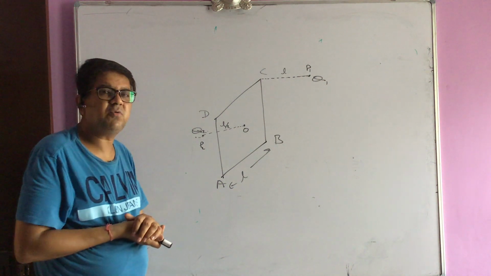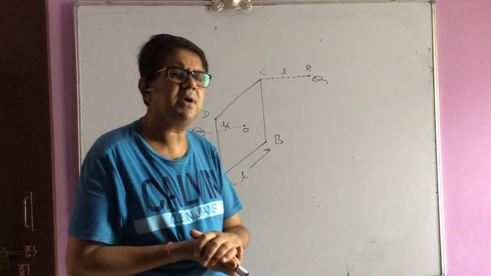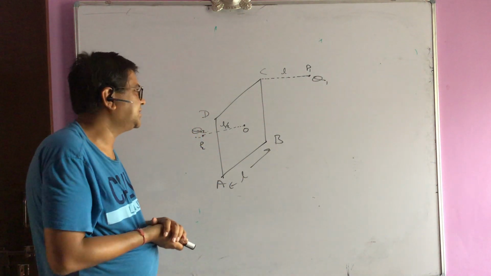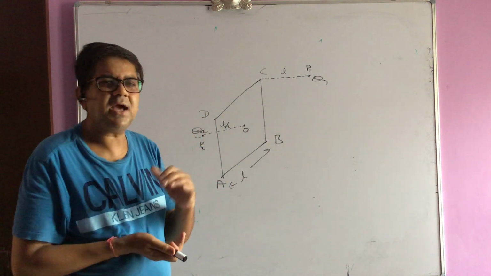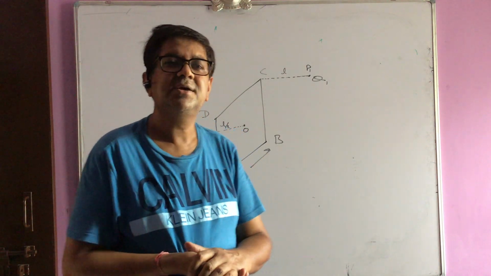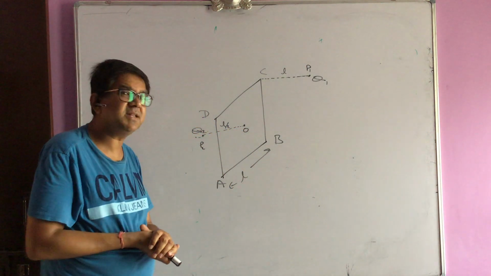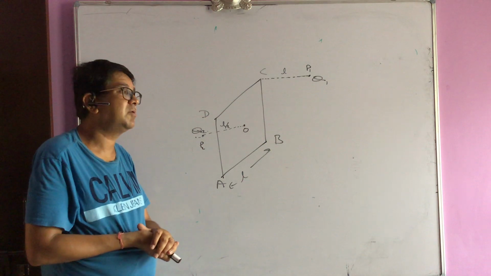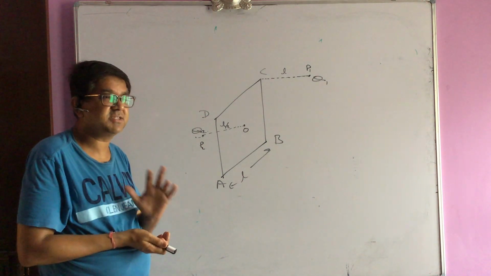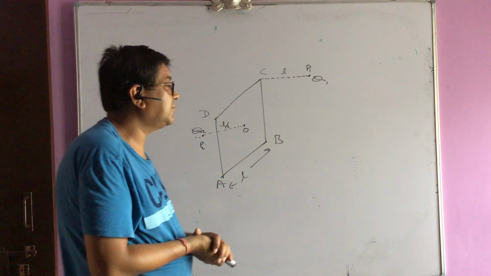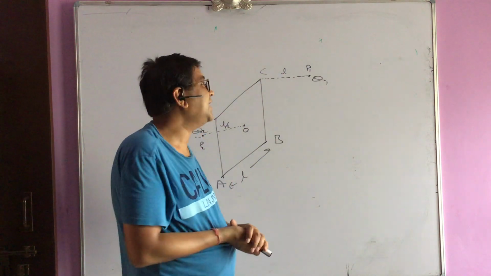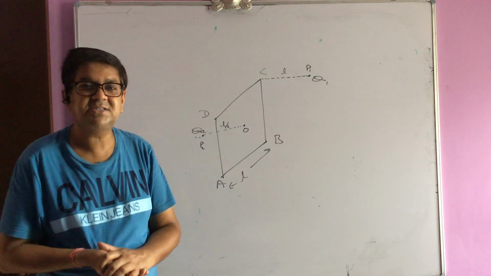So what I am supposed to do here is calculate the flux through ABCD due to both of them. One thing is always there. Whenever we have to calculate the flux due to more than one point charge, we can calculate the flux due to individual point charges and make their sum. But while making their sum, we have to be very alert. We have to actually create an algebraic sum. And to create the algebraic sum, one thing is very important: what is the sign of the flux due to individual point charges?